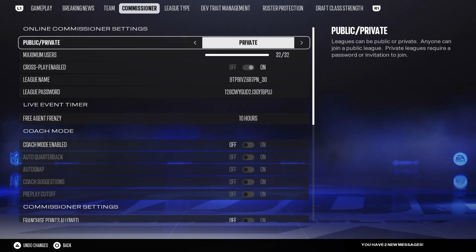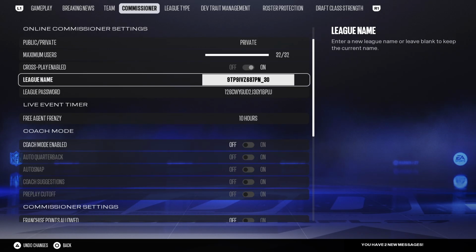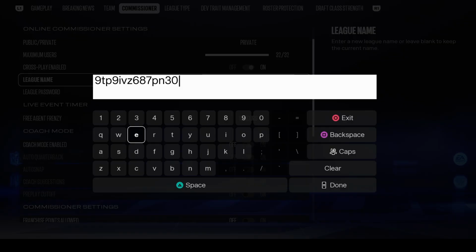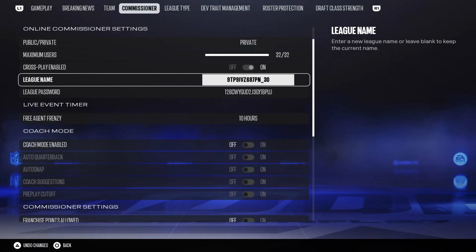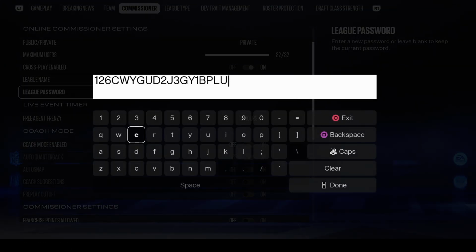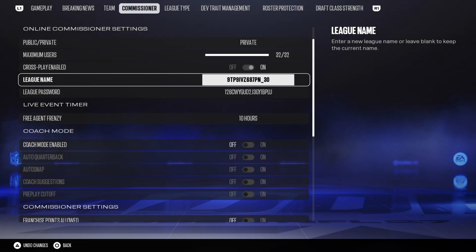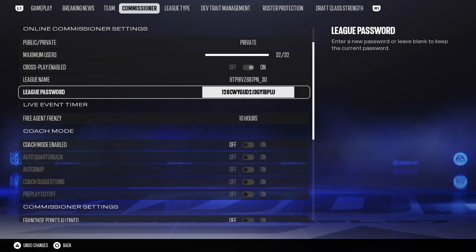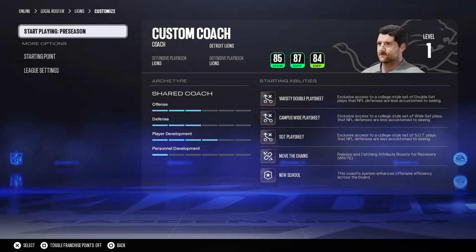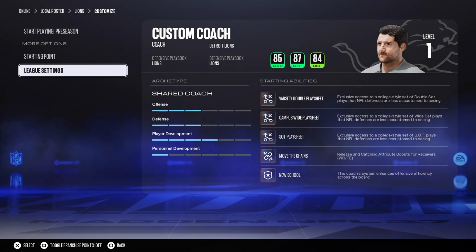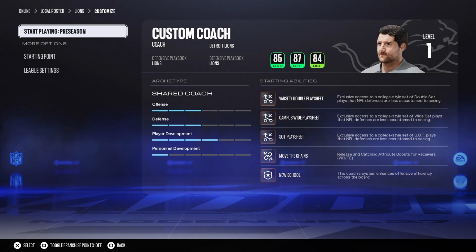be able to make your franchise public or private, and also you can enter the league name so that your friends can simply search for your league and they can enter the password. So you can just set any password you like, so your friends can basically search for your league, they can enter the password and be able to join your franchise. This is the first way. There's another way as well, I'll tell you later in the video, but for now we just need to start